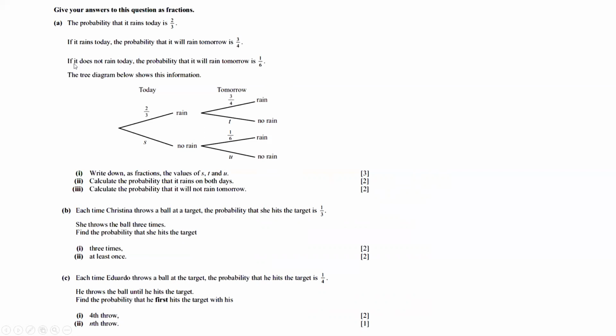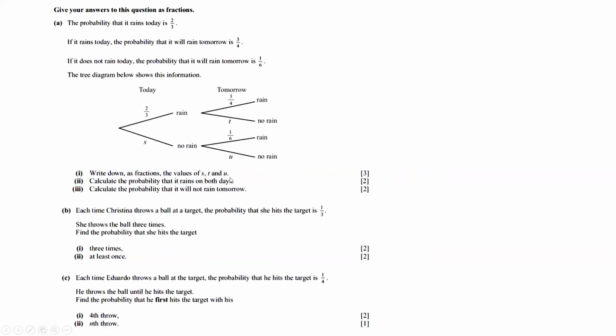Okay. Now look at this clue again. If it does not rain today, that means no rain today, and the probability that it will rain tomorrow is 1/6. So if the second day, the probability of raining is 1/6 right now. So you write like that. Actually, in this question, the diagram, they may ask you to draw this diagram. If not drawn by the question, you have to draw it yourself. But since it's already drawn there, I only ask for, okay, what is the fraction as the value of S, T, U?